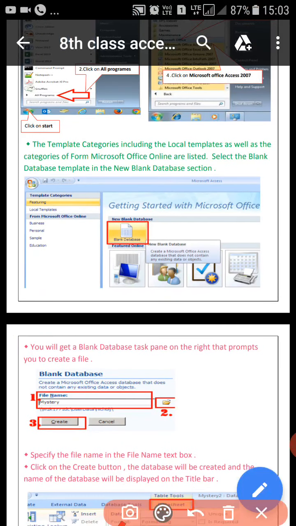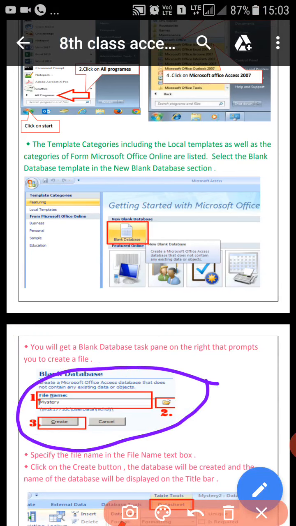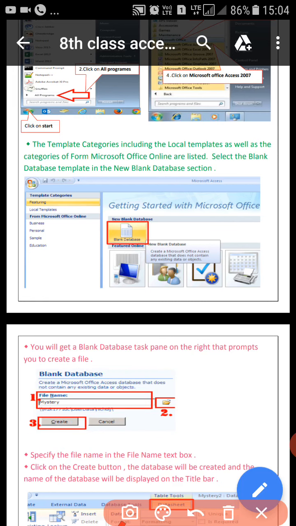This is the blank database task pane, and you have to write a file name in this file name text box. Then click on the create button.